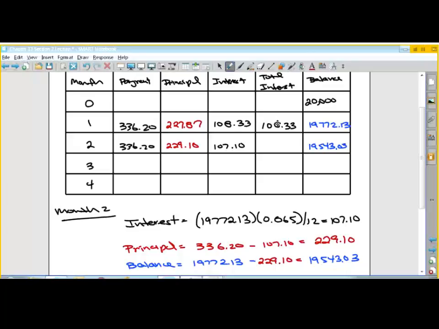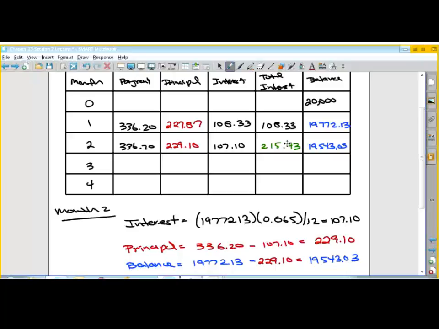And finally, the total interest is I take the interest from the previous month and add. So I'm just adding these two together. So I get 108.33 plus 107.1, and that is 215.43. So you can see the rest of the thing is just repeating it over again, and that's why spreadsheets